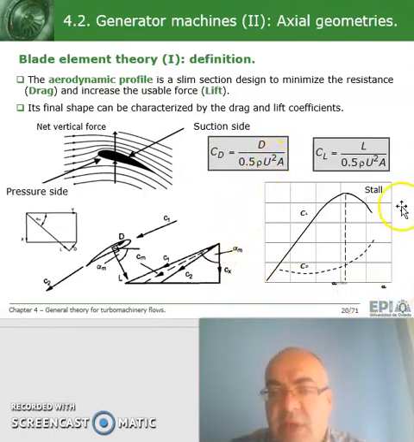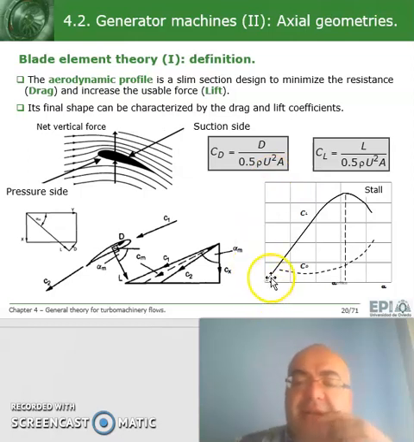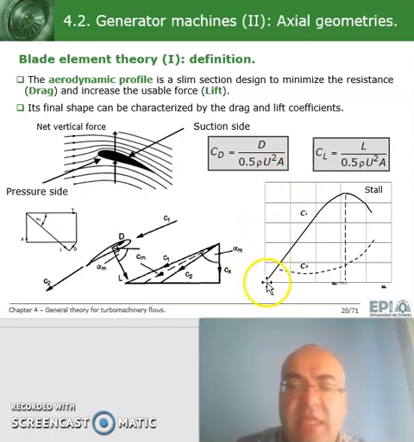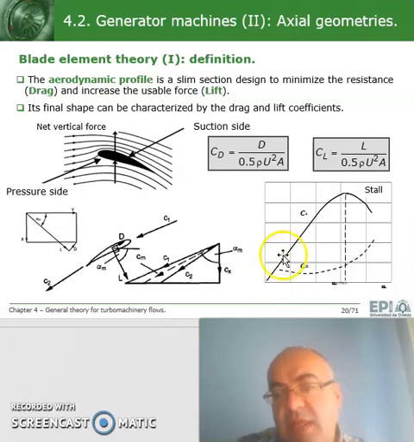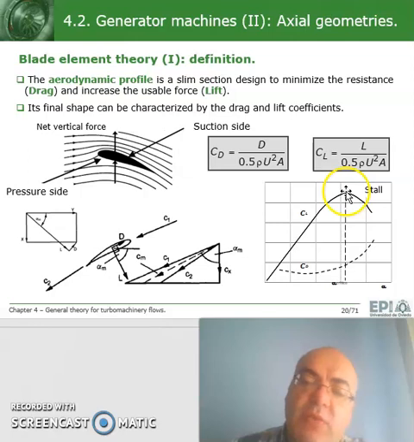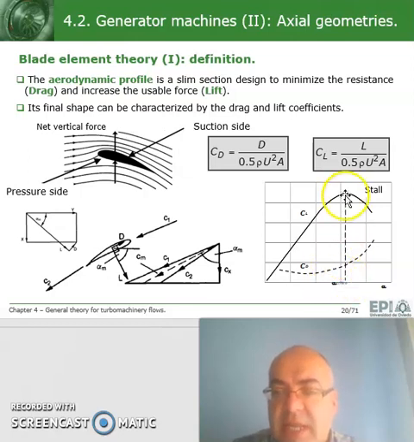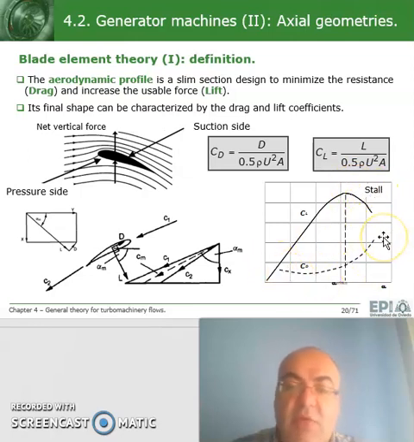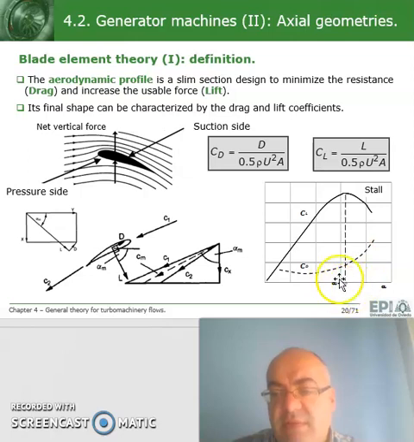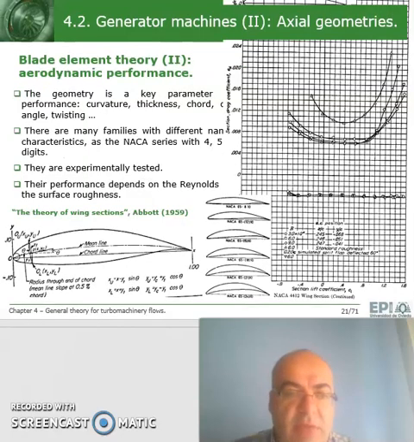And here we have the graph for the typical conclusion that we get from the CL and CD coefficients. Normally CL increases up to a point in which flow separates. This is because we are changing the angle of attack, and the angle of attack becomes critical here, so it promotes stall. And CD, which keeps growing as a function of the angle of attack, in fact has a minimum. It's a kind of parabolic shape like we can see on the drawing. So this is the classical approach, and how this has been applied to the turbomachinery flow